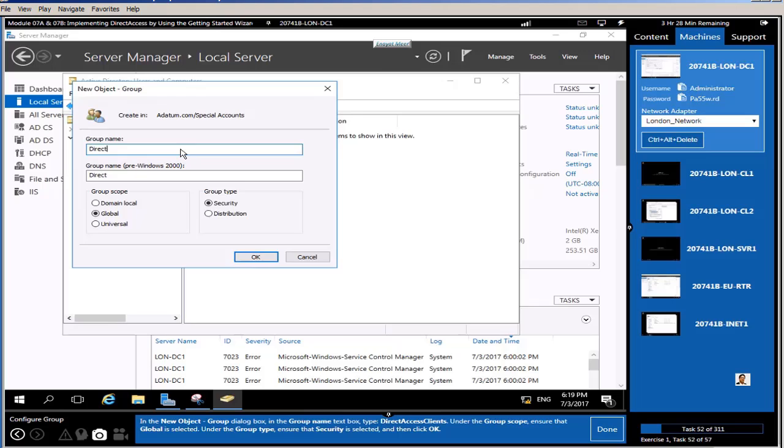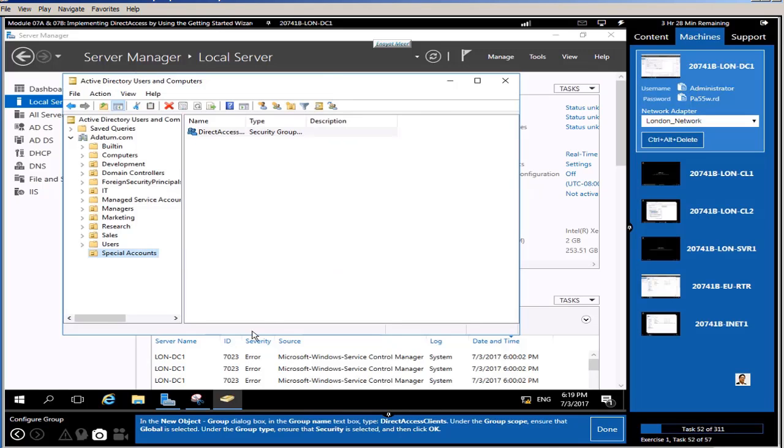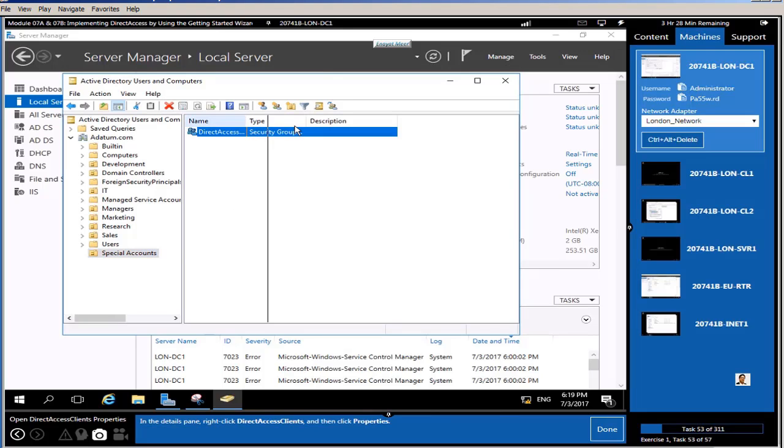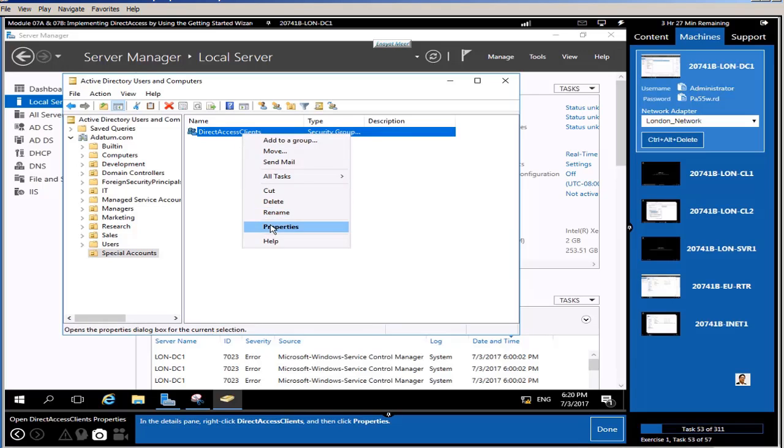So this group will be a direct access clients group. What we are going to do here is add members. Whichever member needs direct access from a remote location should be a member of this group. So this group will be